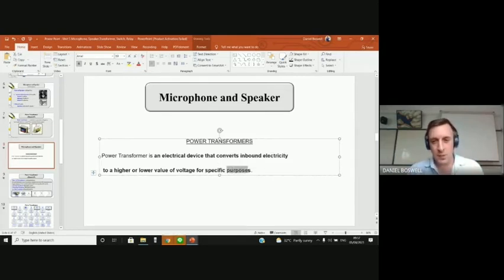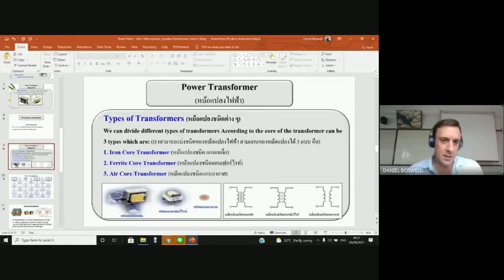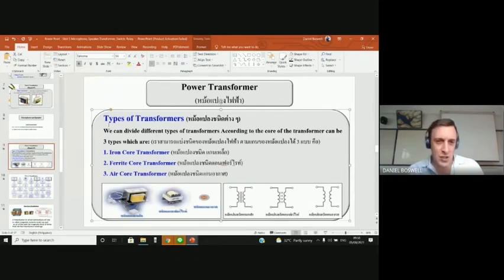Maybe you want to Google Translate this. It's a hard word to explain, but you will see now. When we say transformers, we're not talking about Bumblebee or those types of transformers. Yeah, Optimus Prime or whatever his name is. We're talking about